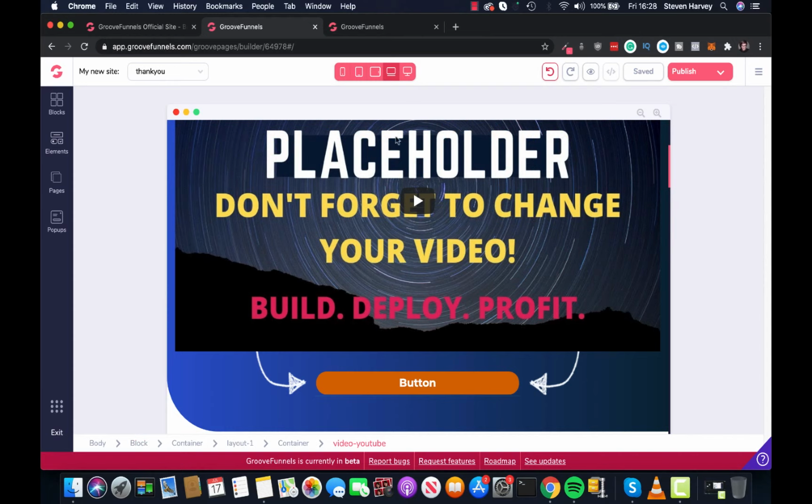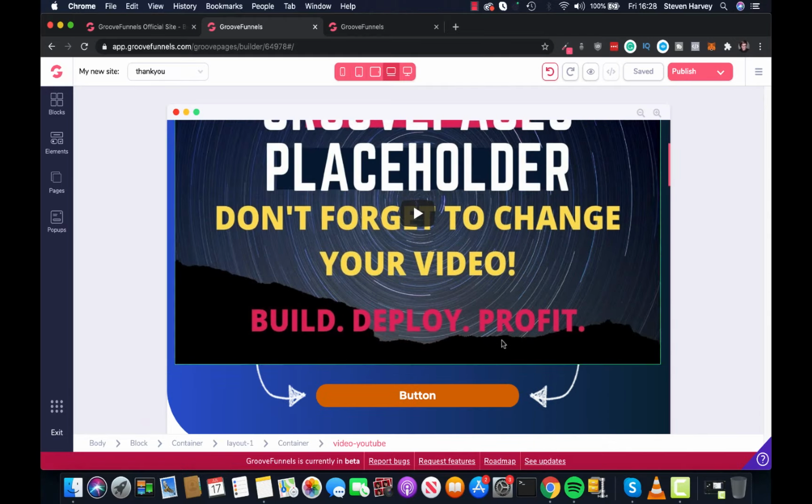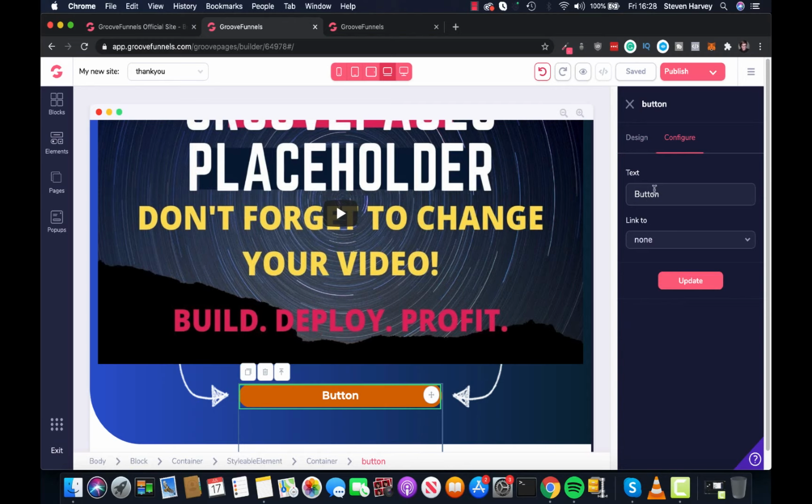So what you want to do is, because they've signaled their intent to sign up for a free account, but the link is taken into this page, you need to replace these buttons on this page here with your affiliate link, so that it takes them to get signed up. So simply you click on the button, and you can change this button completely if you want to. And in configure here on the right hand side, you want to link it to a URL, and this URL you want it to be your affiliate link for GrooveFunnels. So if you don't know where to get that from,